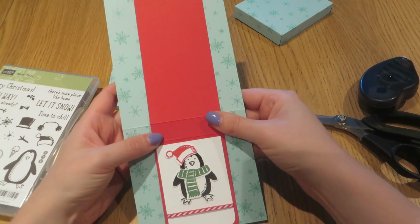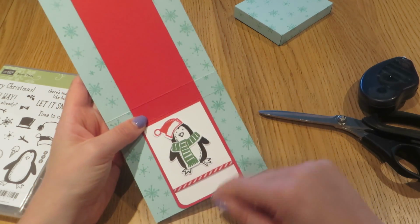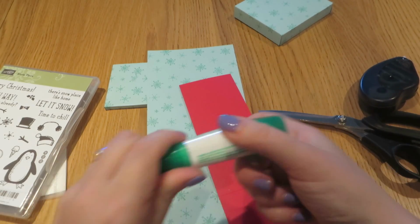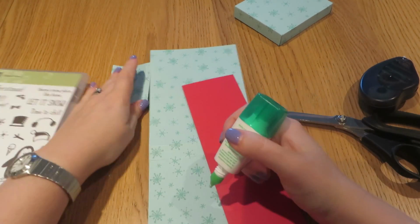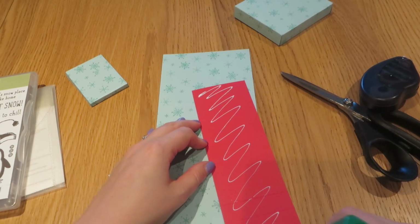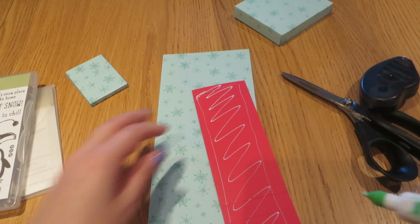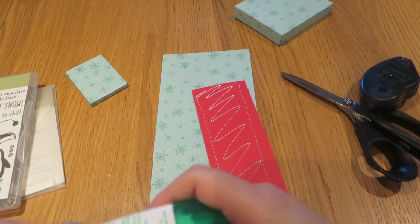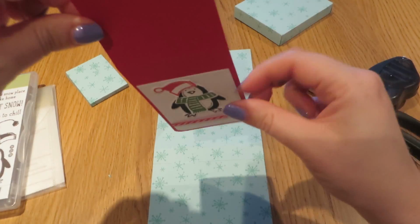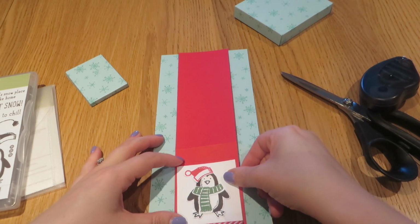So I want to get that lined up pretty much to the score line so that then this flap is lining up with the bottom here. Okay, so I'm going to just put some Tombow on the back. I'm going to use Tombow because it does give me a little bit of wiggle room that Fuse won't. Okay, so not too much Tombow that's going to squirt out, but enough that it's going to stick down securely. And then just using my eye, I'm going to stick that down in the centre,